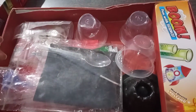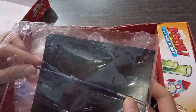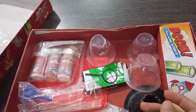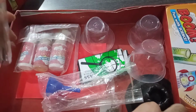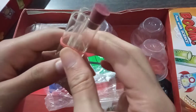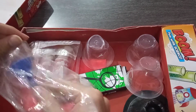Now let's see what is in the box. A plastic spoon, paintbrush, black cardboard, 3 test tubes. Wow, there are 3 test tubes also. Also a cork to seal these test tubes like this. A funnel,